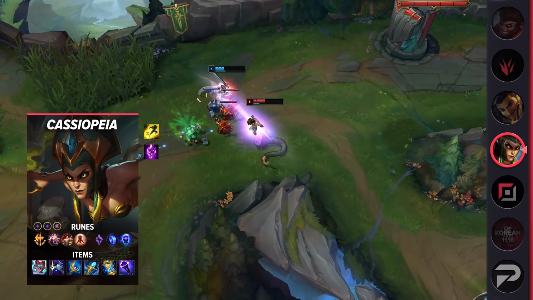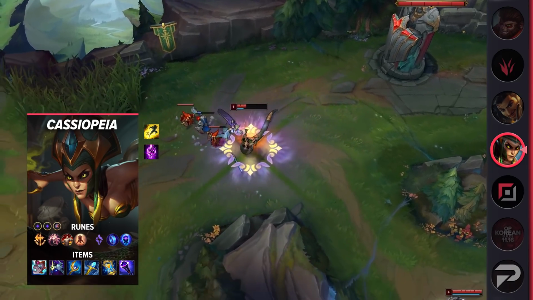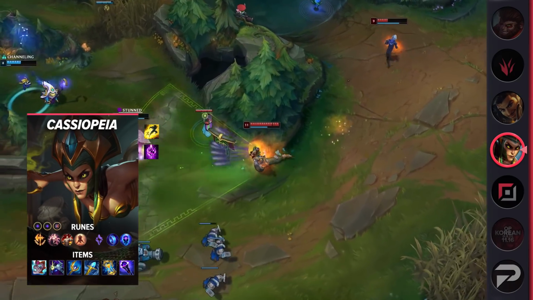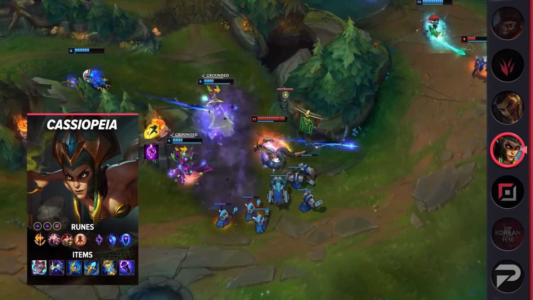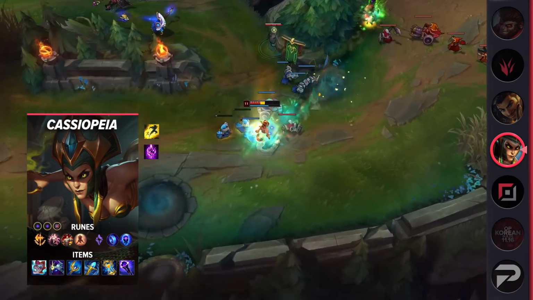Even if your opponent wants to play aggressively and force an extended fight, you can use your W to prevent them from dashing in, deal whatever free damage you can, and then back off to safety. But one thing to note about Cassiopeia is that she's a mechanically intensive champion, so if you find yourself struggling